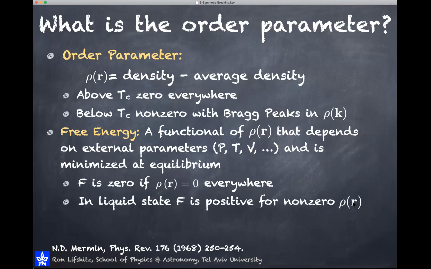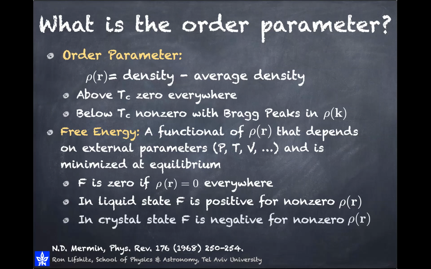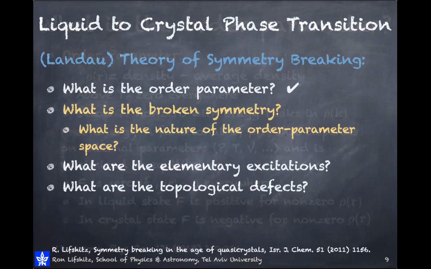So the minimum of F will be when rho of R is 0 everywhere. But below the critical temperature, in the crystal state, F will become negative for non-zero rho. And so the equilibrium state will no longer be the uniform structureless state, but will rather be a crystalline state with structure that breaks this uniform symmetry all over. So this is very basically what we're doing here. So now that we have the underlying